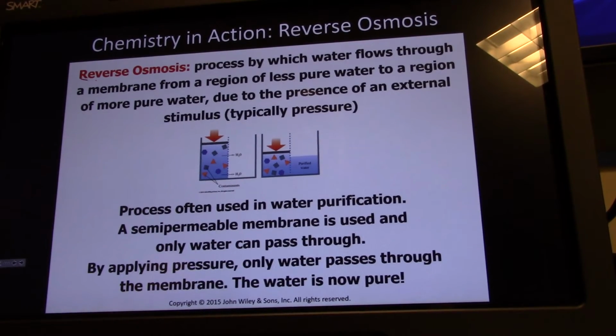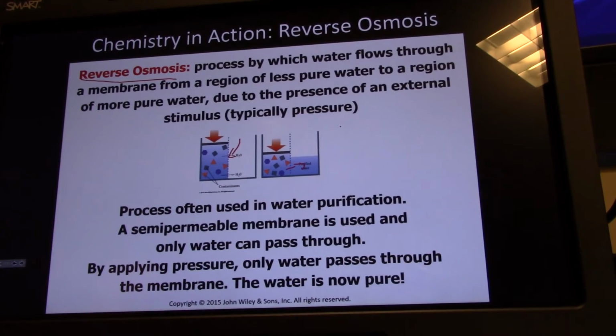Reverse osmosis is applying pressure to a solution to push it across a semi-permeable membrane and to get pure water out of it. A semi-permeable membrane is one that only allows the water to go through and not the salts. And so ships typically have an emergency one of these on board in case they get shipwrecked. You put ocean water in, it applies pressure, and it pushes the fresh water through the filter. These are best used for emergency situations because the filters have to be changed often for them to keep working well.